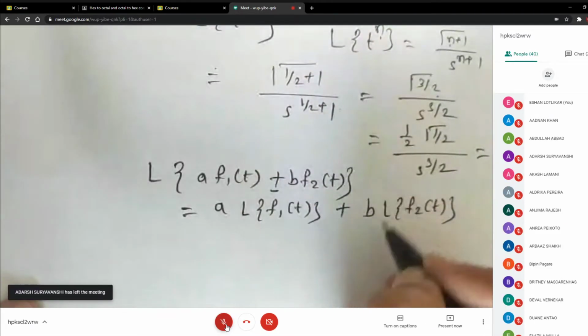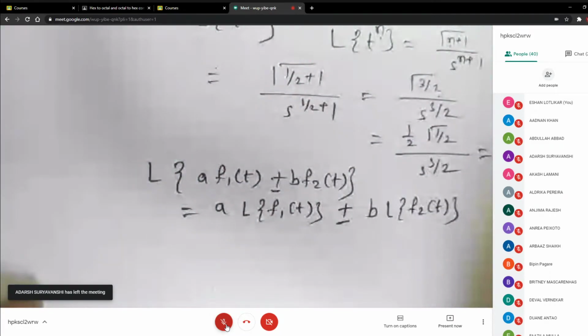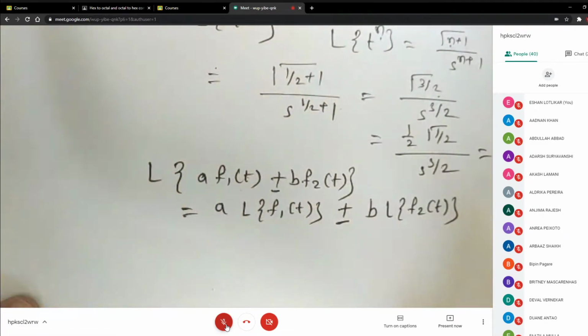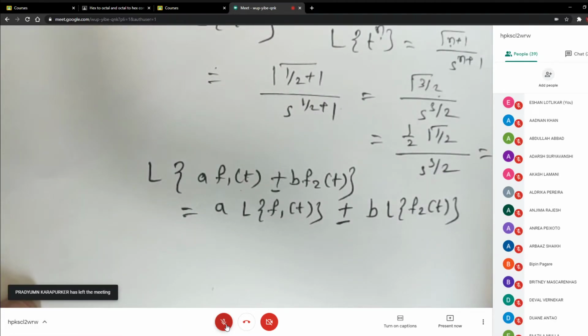So this linearity property works only for addition and subtraction. It doesn't work for multiplication. Remember this. Because if you remember, integration of sum of two functions is the integral of first function plus integral of second function. But when it comes to a product, integral of u into v, you don't directly separate it into integral of u into integral of v. You use the integration by parts rule. Similarly, whenever you are finding the Laplace transform of a product of two functions, there is another formula. So linearity property doesn't work for multiplication.